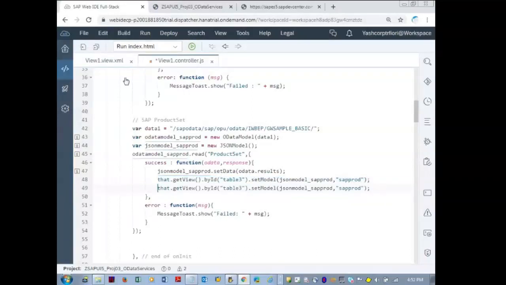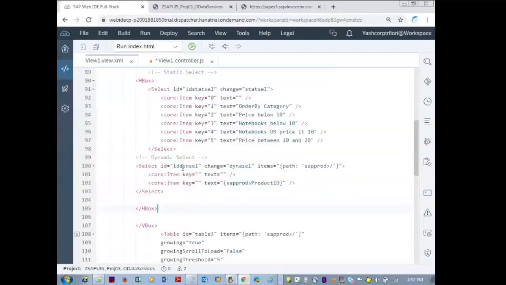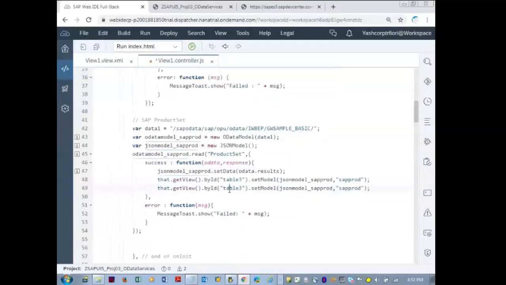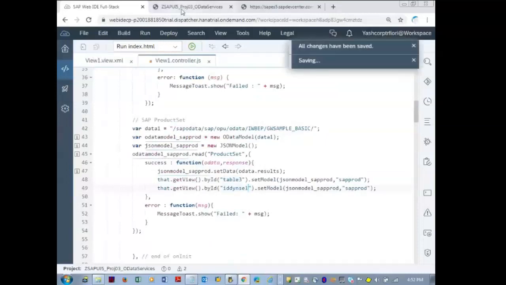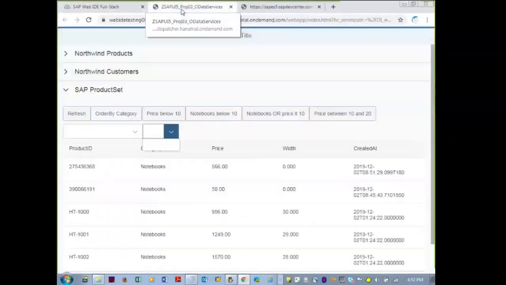The ID for the dynamic select is DynaSel. So when you are copying in your notes, just copy that also from the controller, in the onInit for the products service.